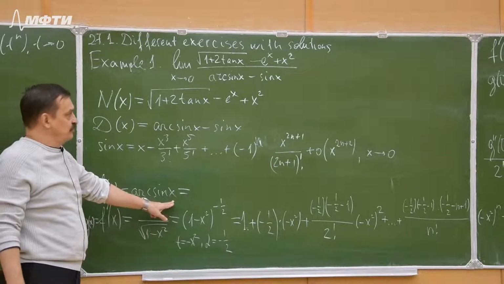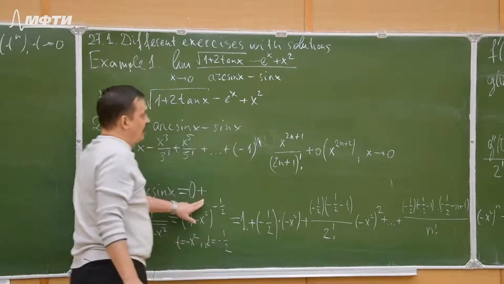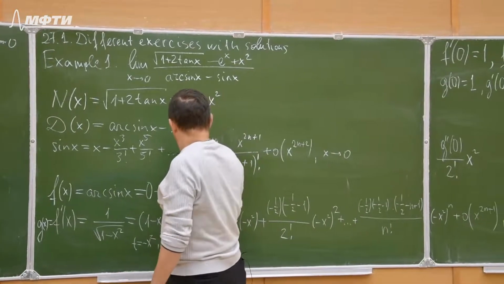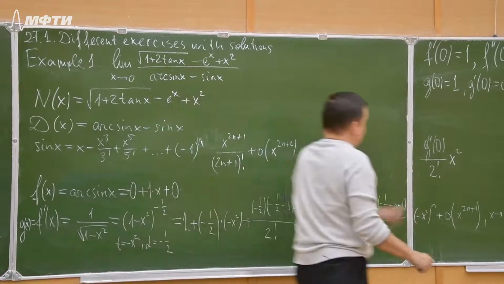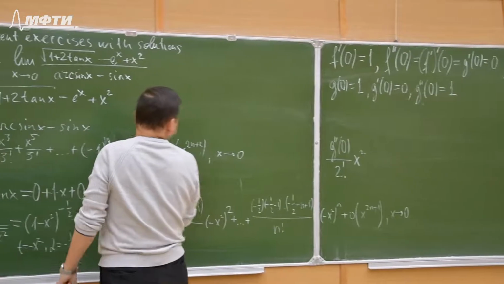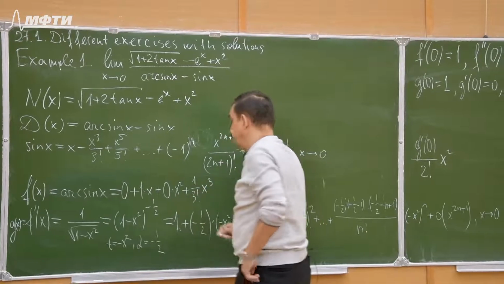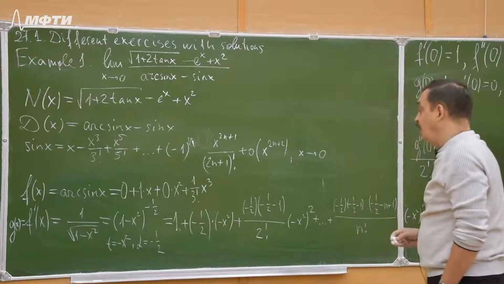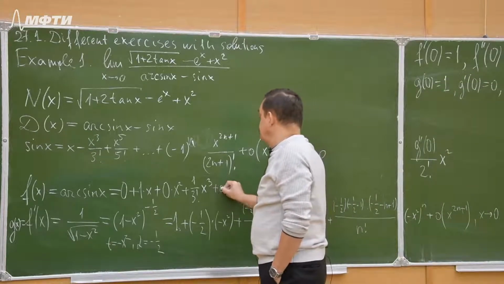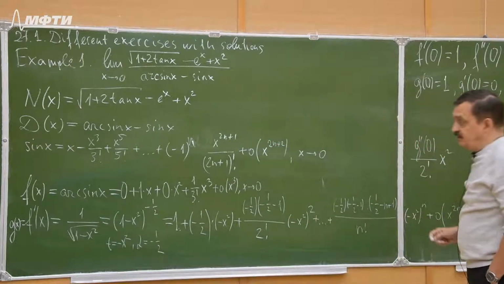The Maclaurin expansion will be f of 0 is 0, plus f prime at 0, which is 1, times x, plus 0 times x squared, since the second derivative is 0, plus the third derivative, which is 1 over 3 factorial, times x cubed, plus o small of x cubed. Why did I decide to stop here? Because, look,